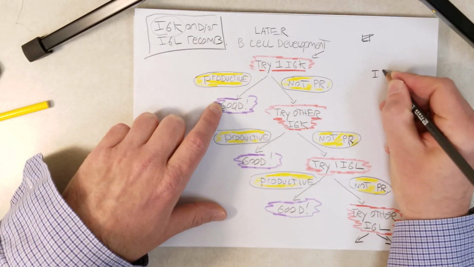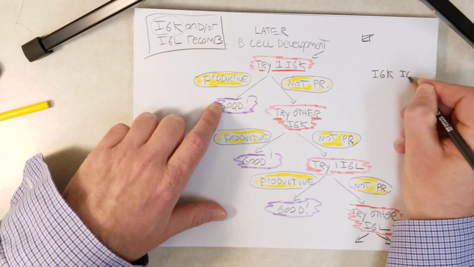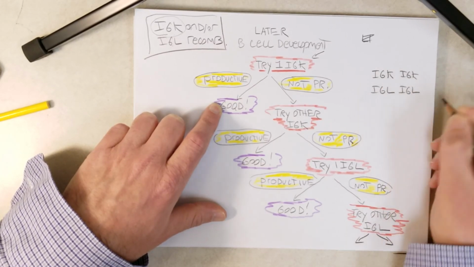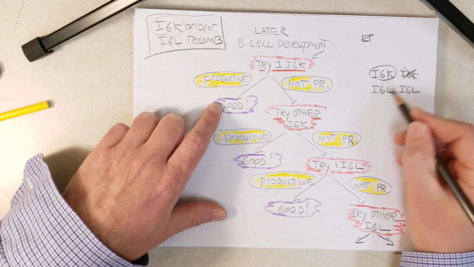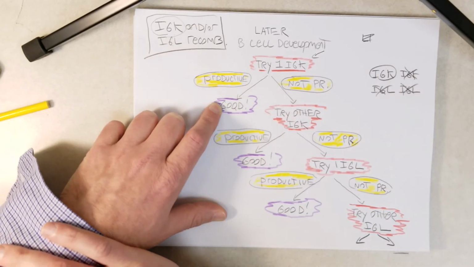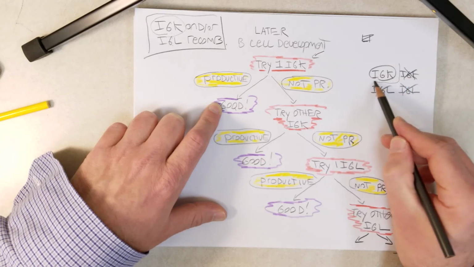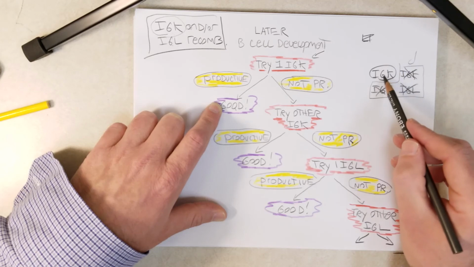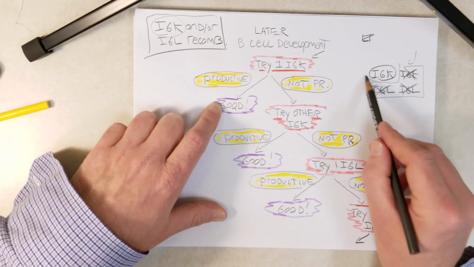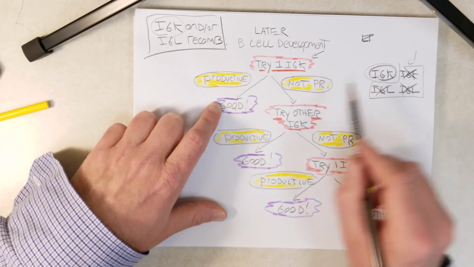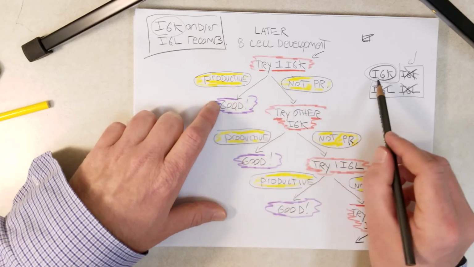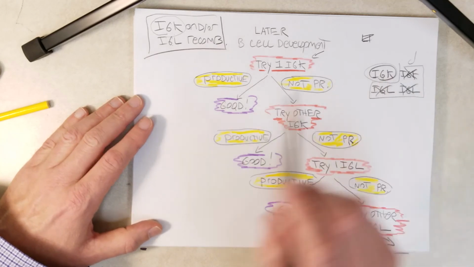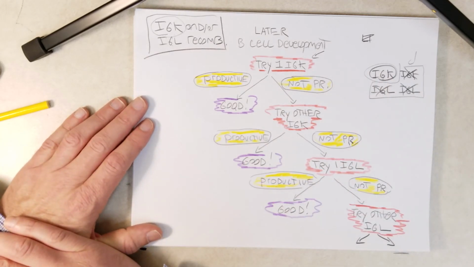If there are 2 IGKs, because we're diploids, and 2 IGLs in that B cell, if the first one works, the others are not recombined. And somehow how the cell knows to stop recombining is really unknown. But it stops, and only the productive recombination of the IGK locus, only the single productive recombination produces a light chain. And that's why